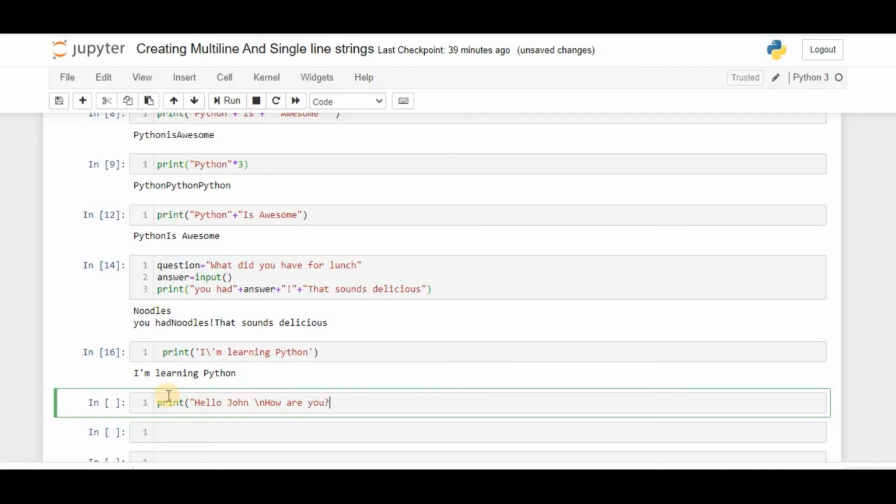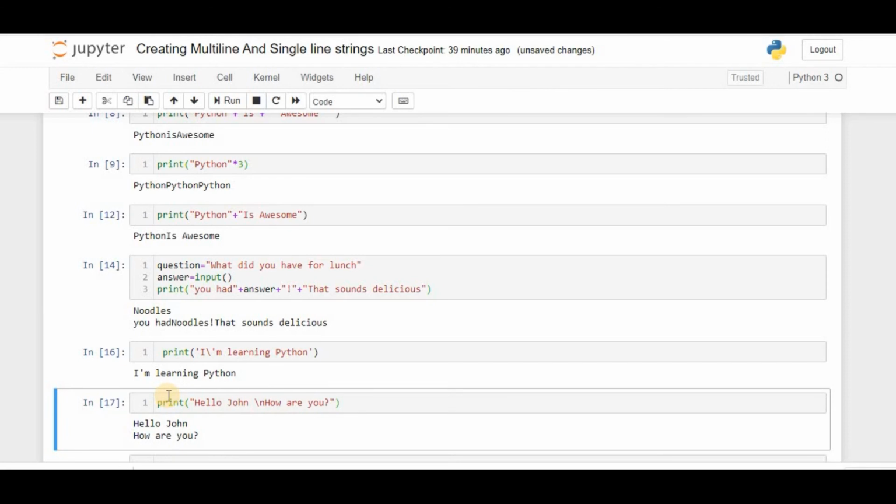Now I'm going to execute this. See, Hello John, and after that I gave a backslash n here. Whenever Python gets the backslash n, it understands that you are going to print on a separate line. That's what Python understands with this special character, backslash n.